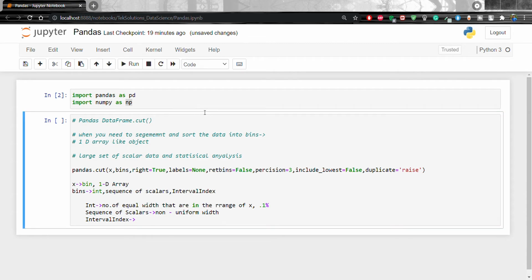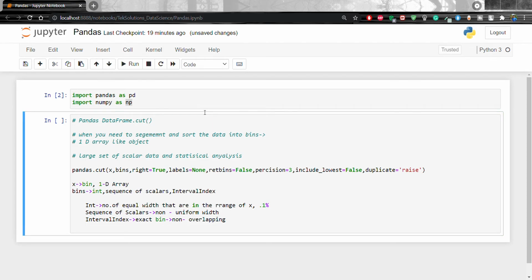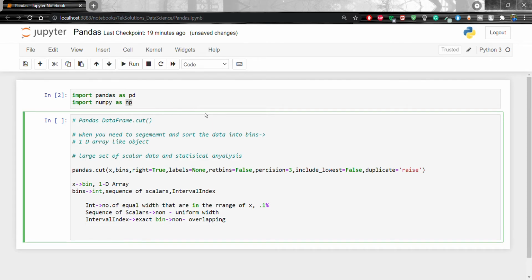It refers to the exact bins that are used in the function. It should be noted that the interval index for bins must be non-overlapping. So this is clear.